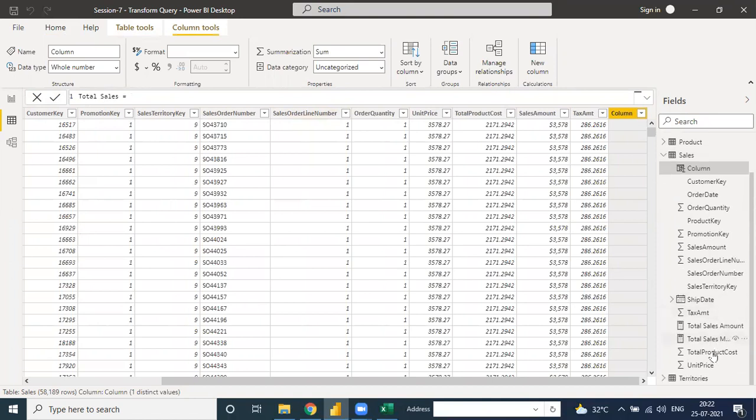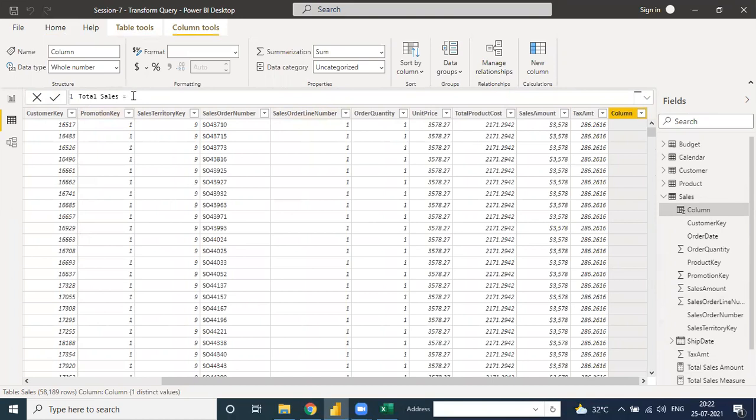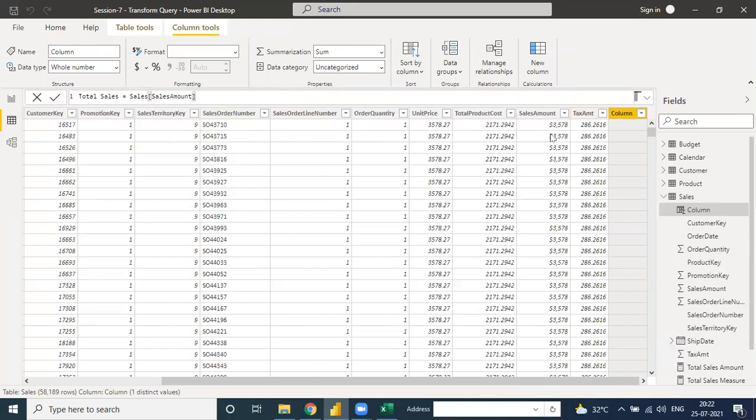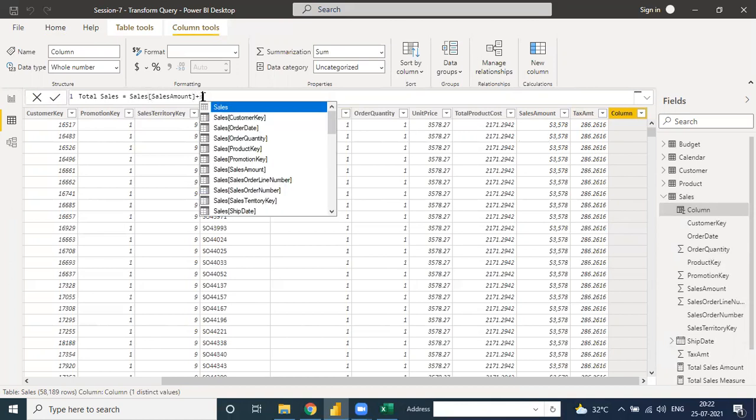Under the sales there is no total sales. So total sales. How to create total sales under this column? You need to enter the sales table and connect the sales amount. Under the sales table, sales amount, plus under the sales table, tax amount.